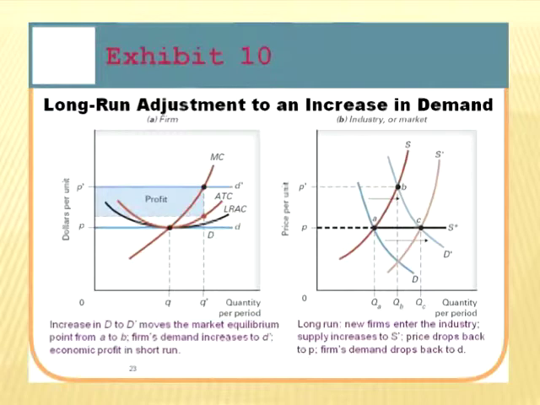Here we have the market. We started out at point A. At point A, we have the intersection of the demand curve described as D and the supply curve described as S. What happened in this market is, for whatever reason, suddenly all of the consumers in this market decided they wanted more of this product, so demand increased from D to D prime. We moved from the intersection at A to B, which meant a price increase from P to P prime. It also meant an increase in output, from QA to QB.